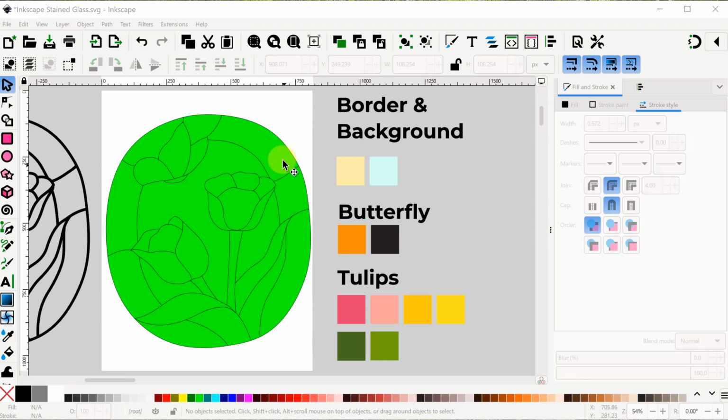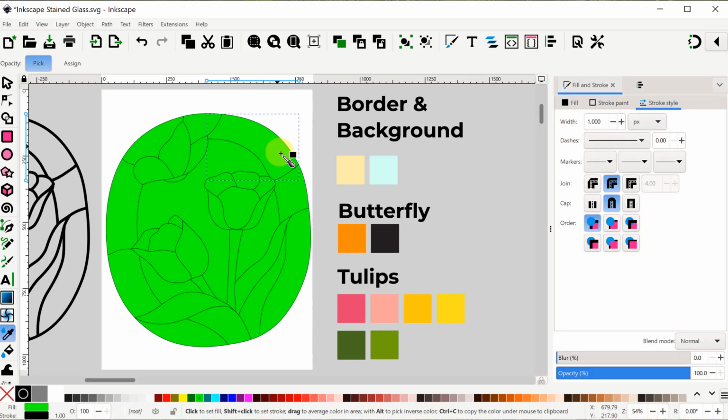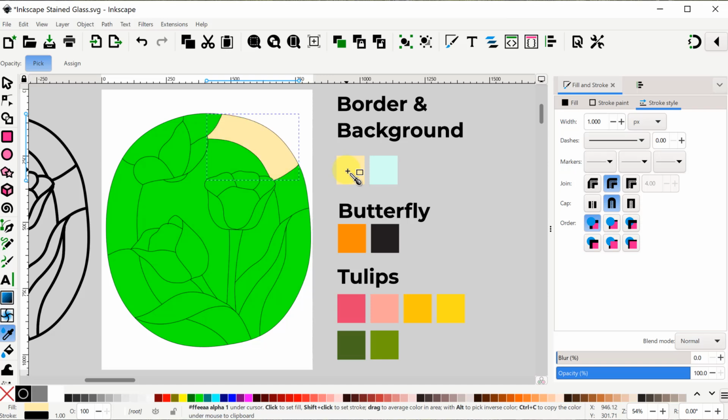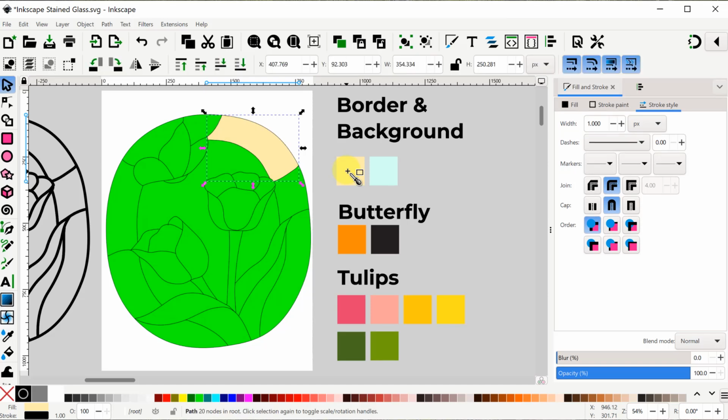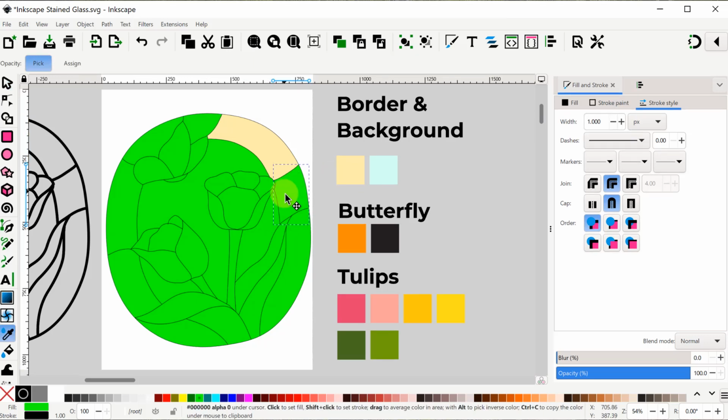So with the selector tool, I'll select a shape, I'll change over to the dropper tool, go over to the color swatch I want to use and click that. That changes the shape to that color. I immediately switch back to the selector tool, and then I keep on repeating this process to color all the